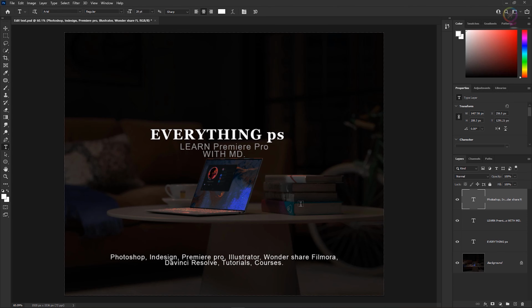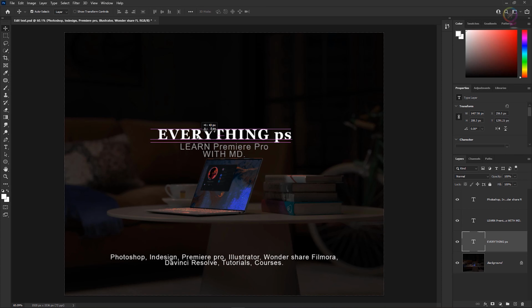When you're done editing type layers, you want to be sure to save in a format that retains layers, like the Photoshop format. For the PSD format,